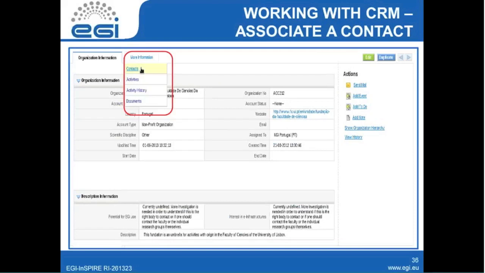Now imagine that I have found a contact working under this organization, and I want to associate a person. I want to introduce in the system information about a person who is working under this organization. So when you are looking at an organization, you have a tab here which shows you the organization information, and on the side you have another tab